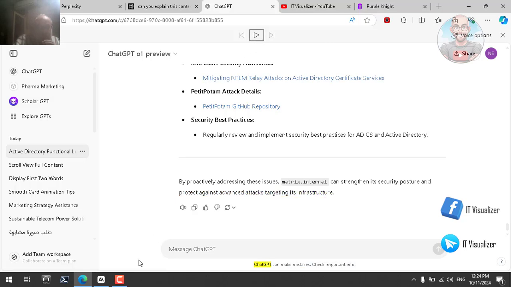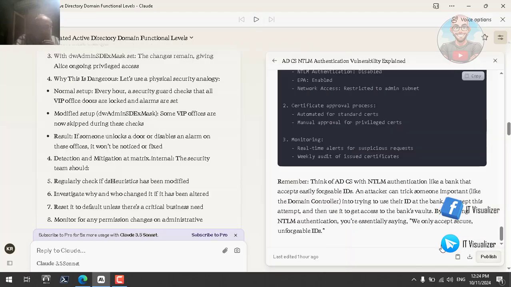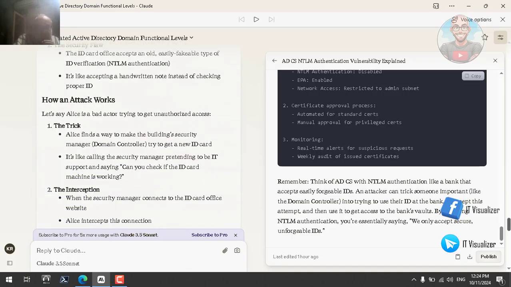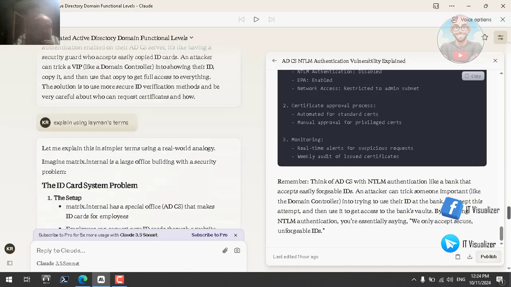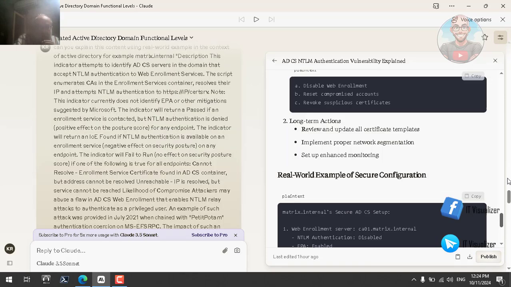ChatGPT. So this is the answer. If we go to Claude and see its answer, I think it is good, but let's first see how it is organized. If we go there